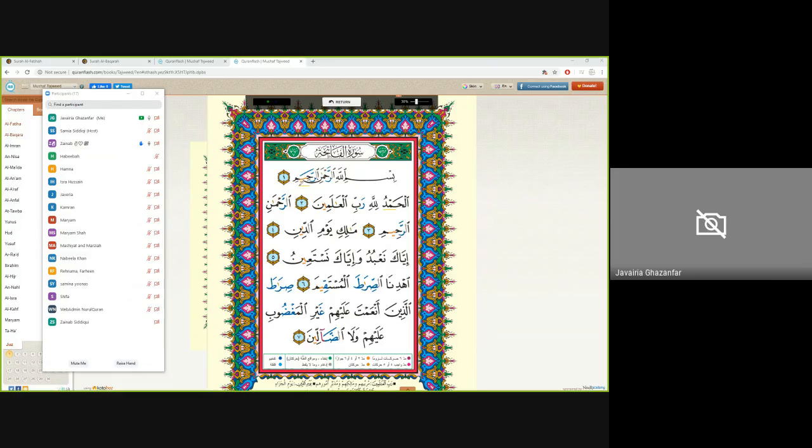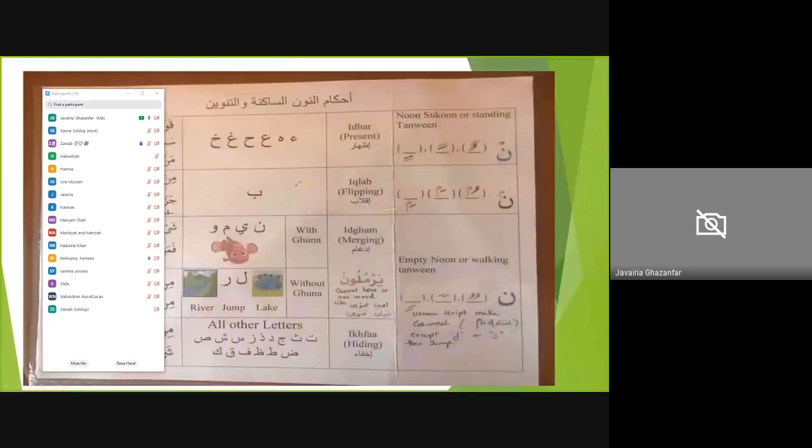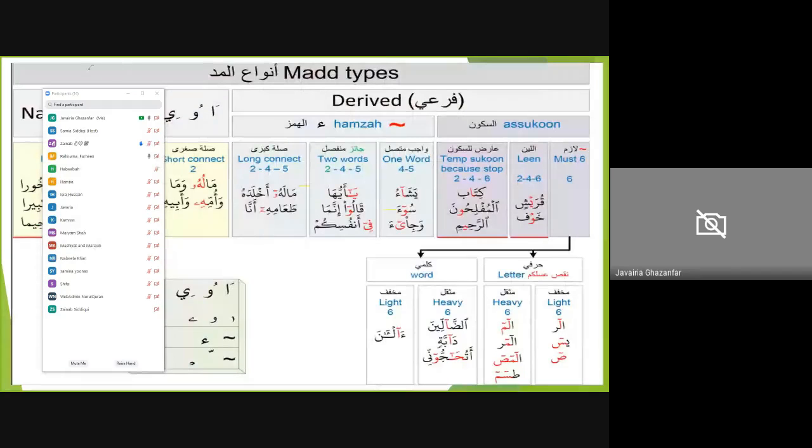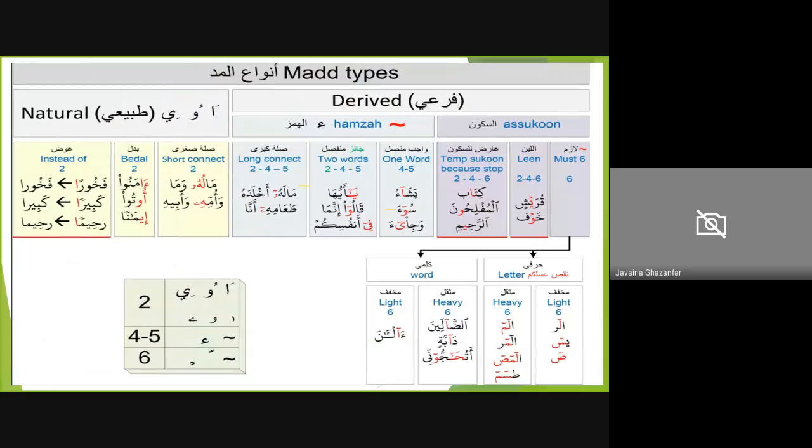Very good. That makes a tabai. Excellent. And when I'm going to pause on the meme, then what does it make it? Okay, so that's why you have these sheets in front of you, and you can take a look now at this sheet and think which one would it be that there is a temporary sukoon because of a stopping.